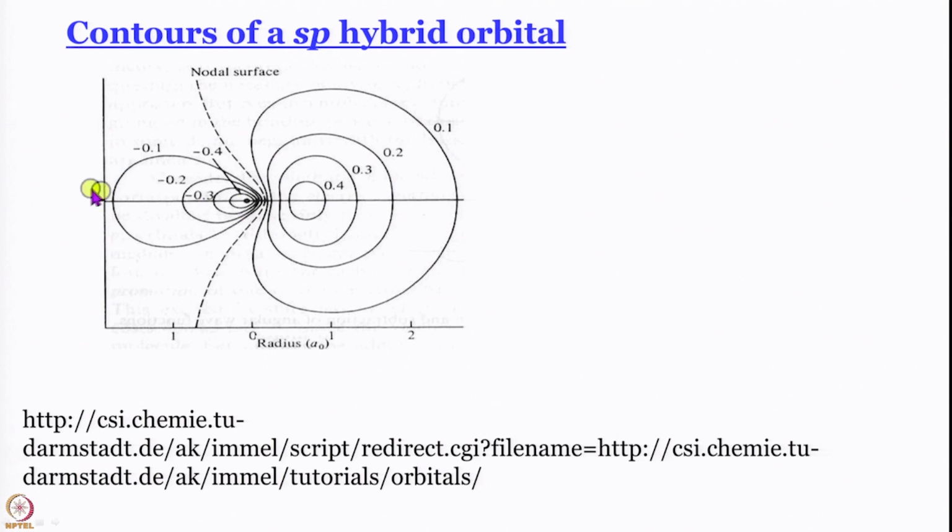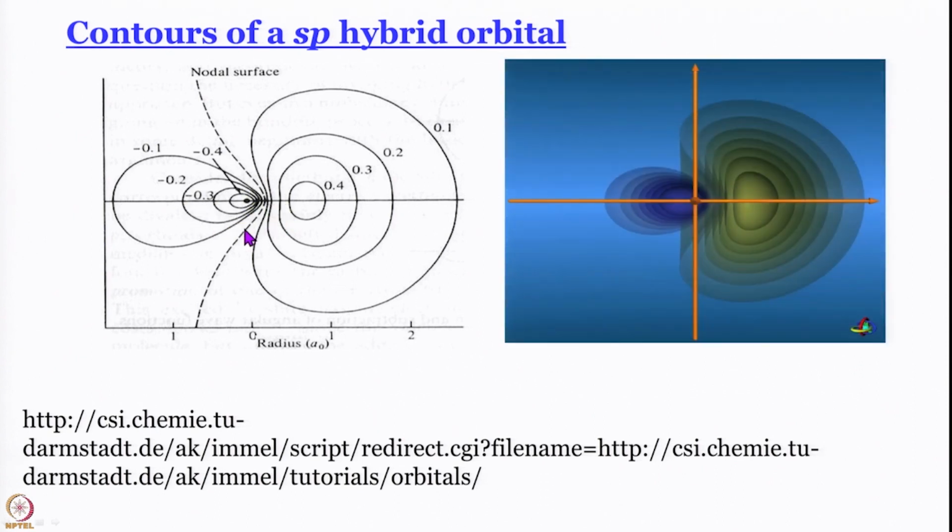And in the minor lobe, here I have shown the minor lobe to have a negative sign of the function. Here also, see it is minus 0.1 outside, then minus 0.2, minus 0.3, minus 0.4 is in the middle. So again it builds up on the other side and the nucleus is engulfed by the minor lobe, and we talked about this,